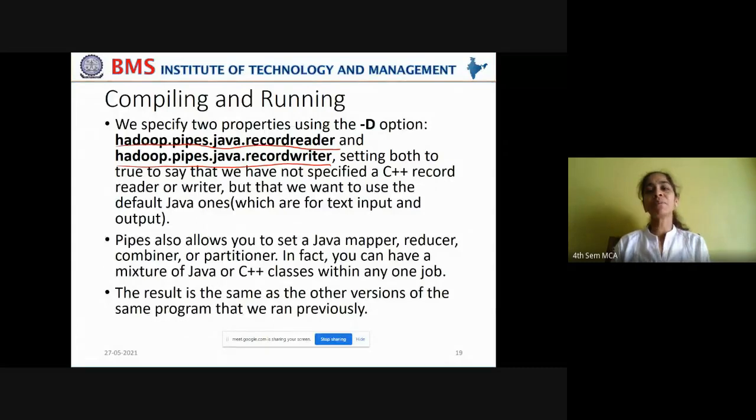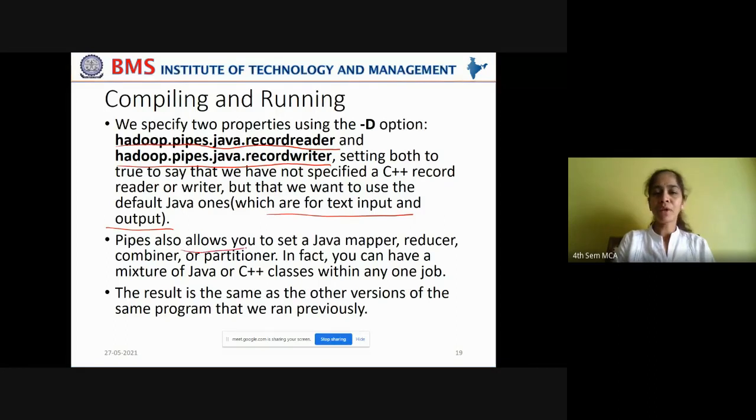You have the flexibility to use a C++ record reader and writer also, but you are also able to work with Java's record reader and writer for C++ MapReduce jobs. Okay, you can opt for either, which are for text input and output.